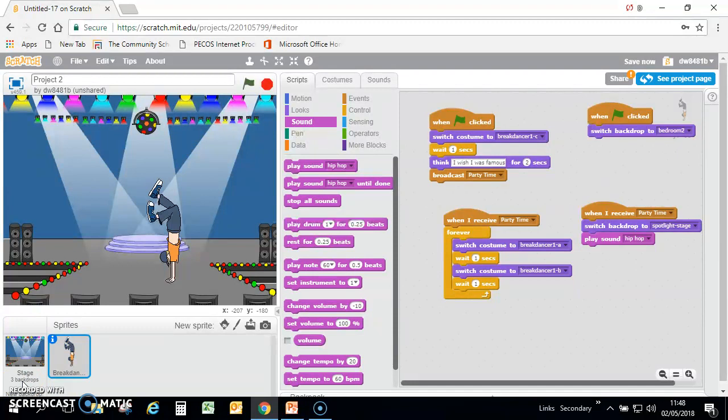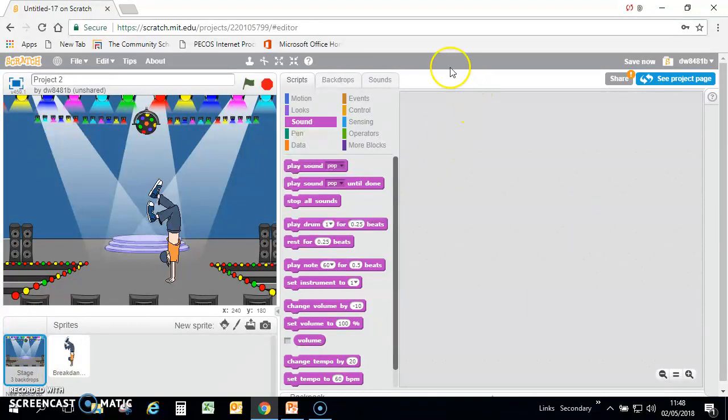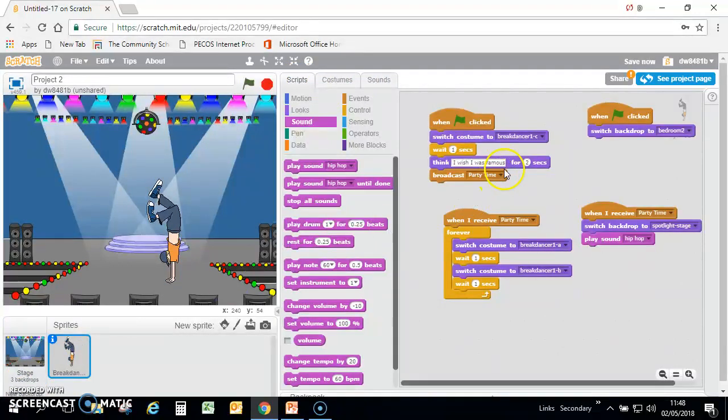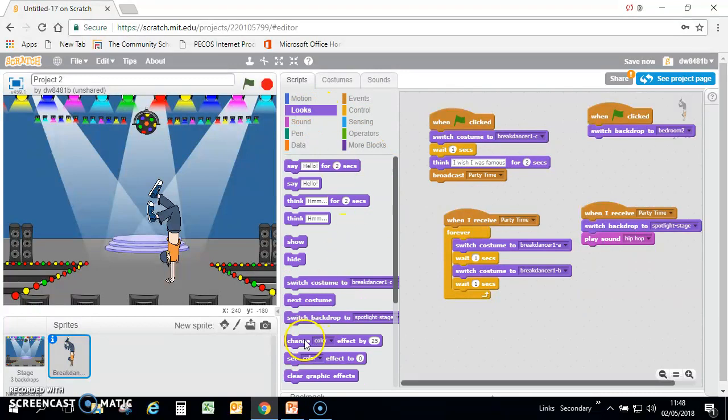Okay, lastly then, we're going to add some visual effects to our program. We can add a variety of visual effects to our program. We'll try these out. Again, you're free to try as many as you like when you're doing your program. So we're going to go to the scripts that we've previously written. We're going to go to breakdancer and scripts. And what we're going to do is we're going to add something that changes the colour. So we're going to look for looks and this change colour effect. So we're going to put that in to when I receive party time